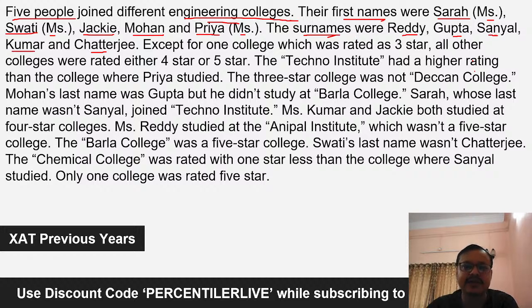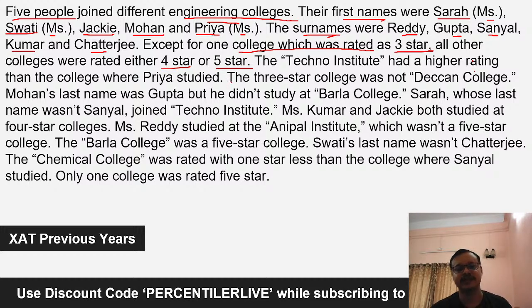At the same time, there is one more parameter which talks about the college ratings to which each of them belong. So each of them is from either a 3-star or a 4-star or a 5-star college. So you also need to identify who is from a college rating of what. So there are 4 parameters primarily: name of the engineering college, the first name of the candidate, the surname, and